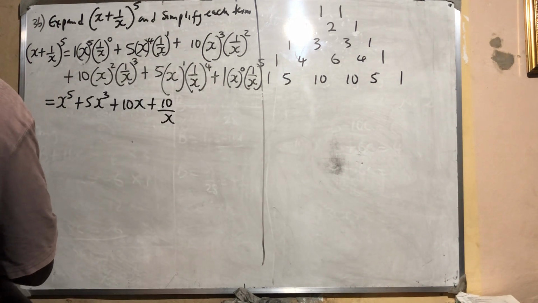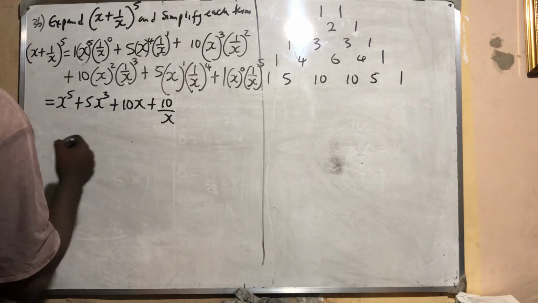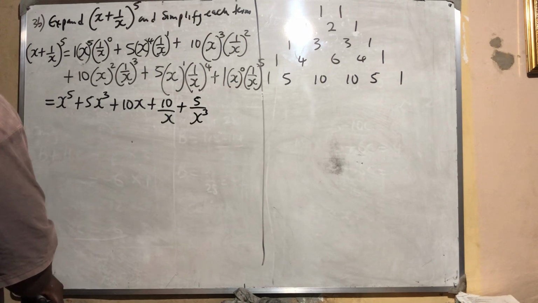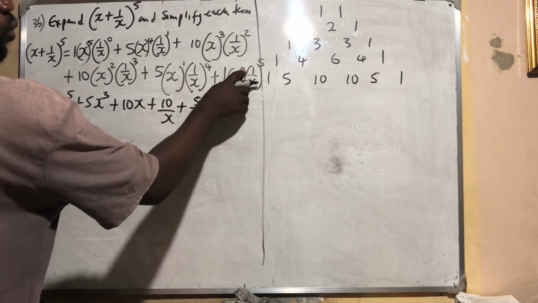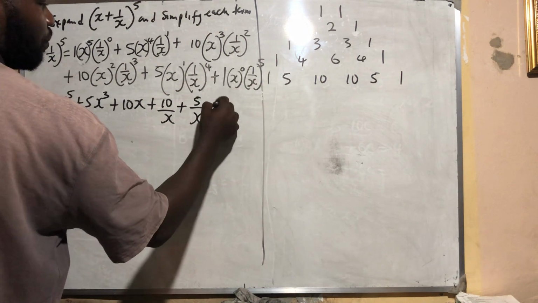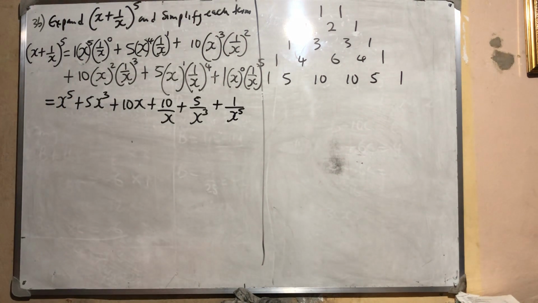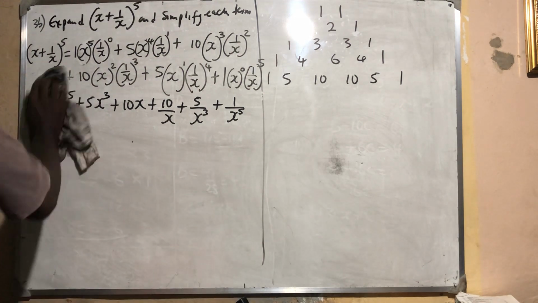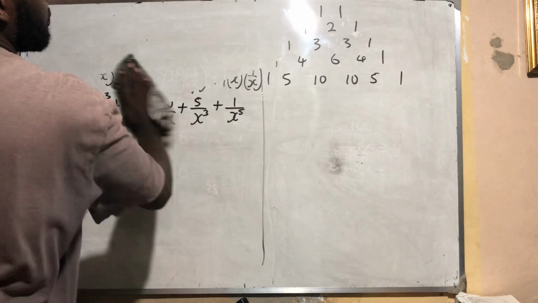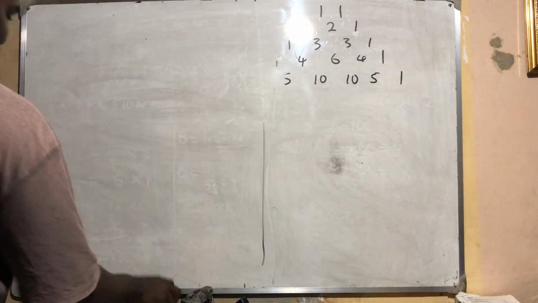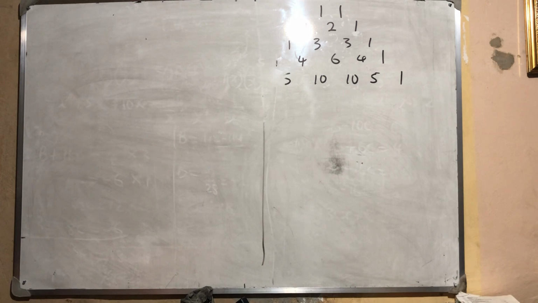Are you getting it now? So remove 1 here, who is remaining? 3. So I'm left with what? 5 over x raised to power 3. Okay? Then anything raised to power 0 is 1. So 1 times this will give you plus what? 1 over x raised to power 5. So that is the answer. Very, very simple. Okay? So if they say raised to power 20, you keep doing this. But they will not give you raised to power 20 anyways. So the next one,